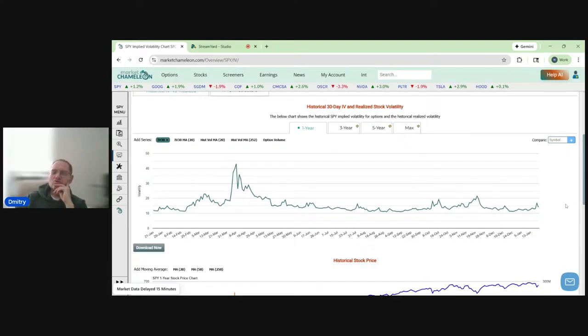Now, when we look at this historically, we do see that it moves around. We could also compare this to how the stock volatility behaved. The implied volatility is coming from the options. Those are forward-looking. It's a forward-looking metric because the options are saying, based on these option prices,